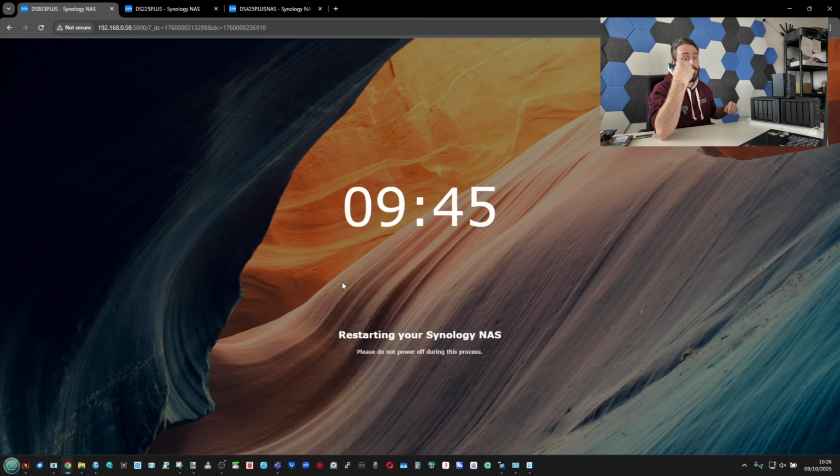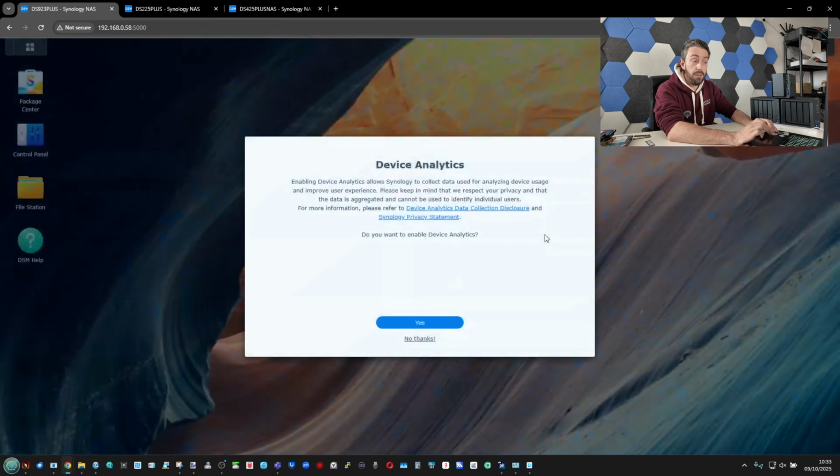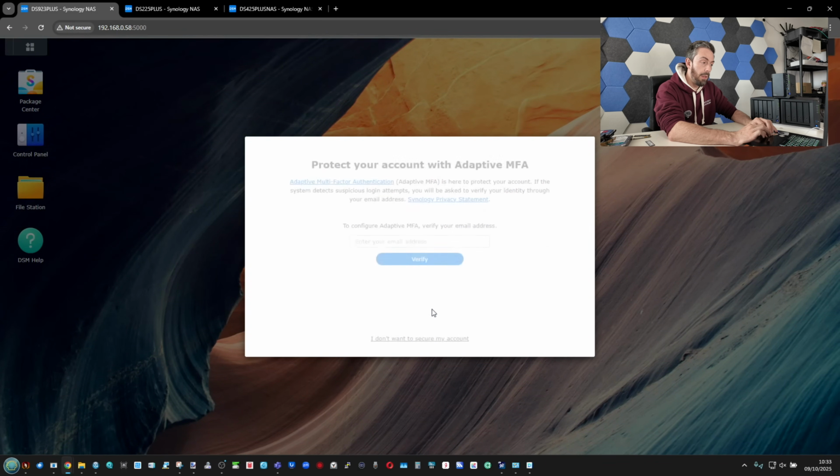You still can't use third-party M.2 freely without using their own drives to take advantage of all the features and facilities. So we can let this system reboot and double check what happens with both our drives and those M.2s, to make sure there are no problems or complications where they're no longer usable. Let's fast forward. Right, let's log into our system. We've had it rebooted, we've had DSM 7.3 installed, so we can go for that. Just skip along, device analytics, skip along,